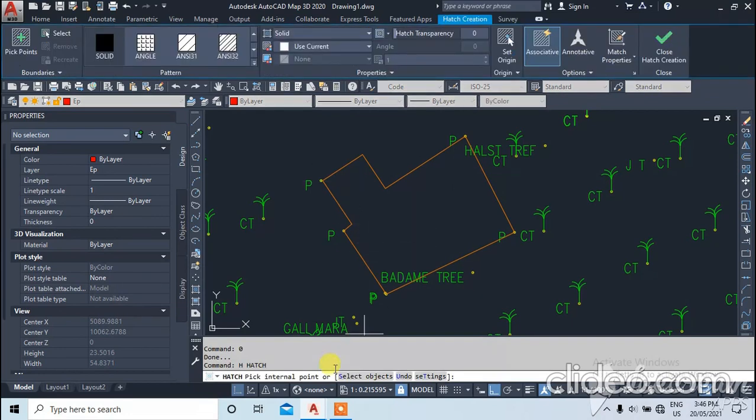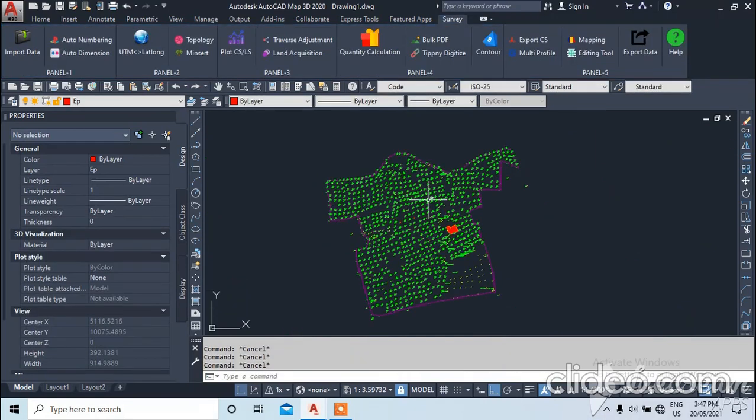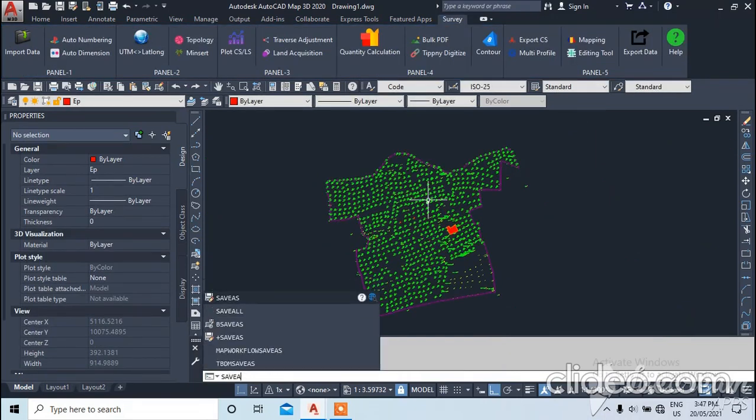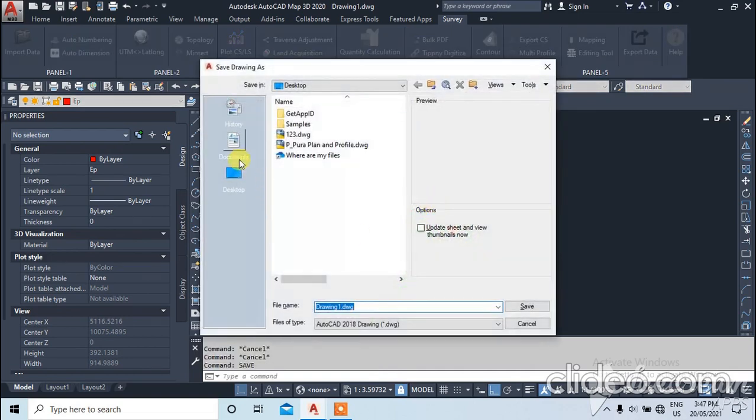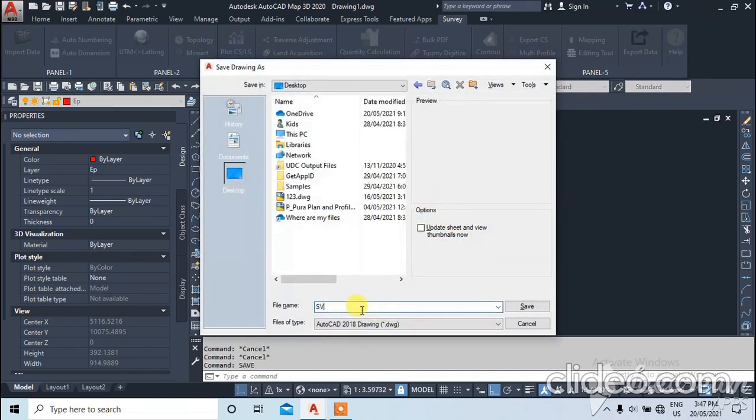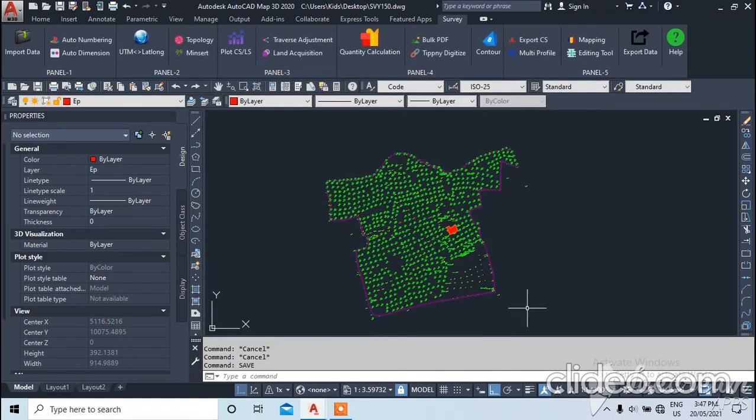Then you go for the select option. Yes, enter. Just to save the drawing, use some name for that. I have saved the drawing.